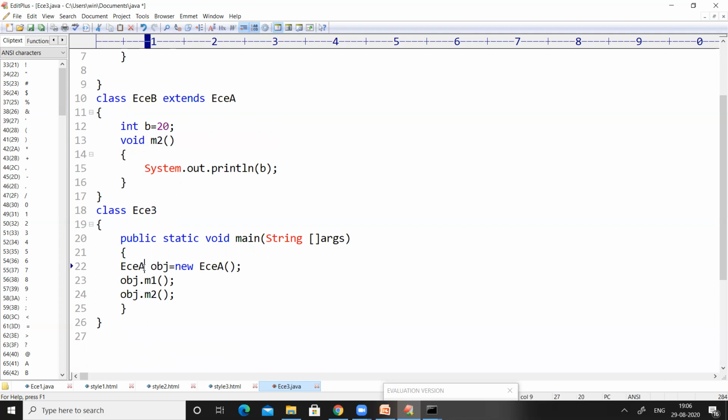But what happens if we try to create an object for class B? When I create an object for class B, it will bring all the non-static variables and methods of class B into the RAM. If you observe the non-static elements, it is int B and M2. It will bring these two things into the RAM. At the same time,